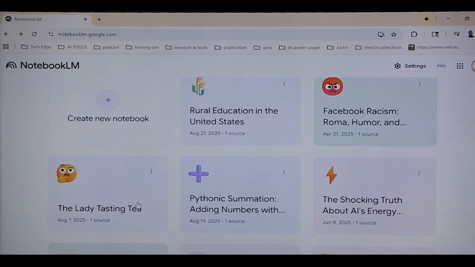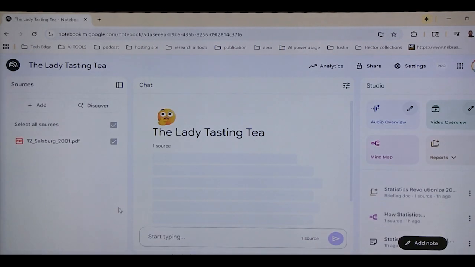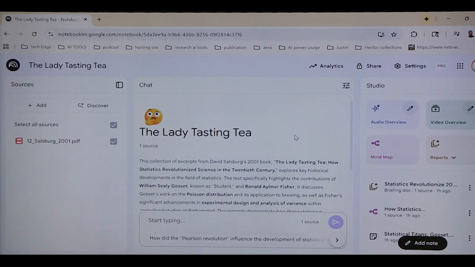Those are the most obvious changes, but there are some more changes that are kind of hidden inside the product. All right. Yes, so as graduate students, every week you are assigned a lot of readings, and NotebookLM is here to help you capture a lot of information at a time. So I uploaded this audio from my last lecture, and